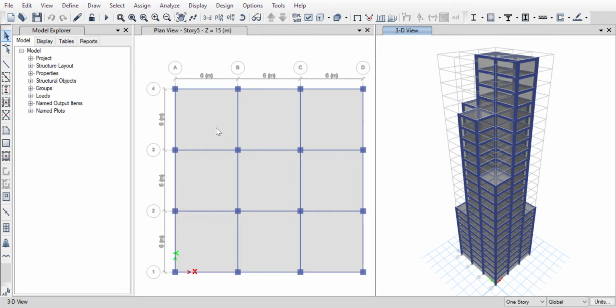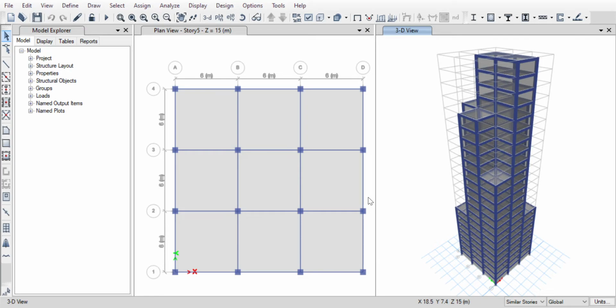Then after that, assigning the different sections to this project, we have drawn the various columns, beams and slabs using the similar stories option. From here we have to select similar stories, and then we have drawn the similar stories from 1 to 8, and then from 9 to 14, and then from 20 to 23, using quick draw column, quick draw beam and quick draw floor, etc.